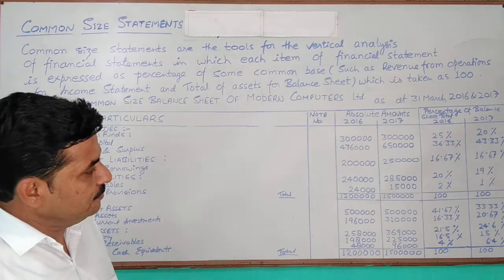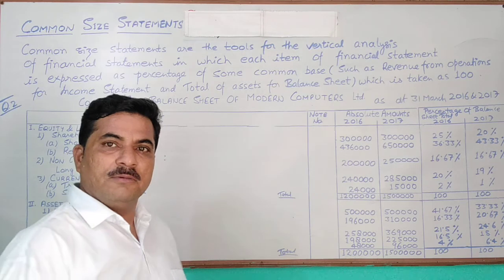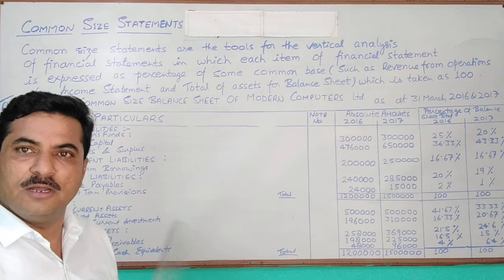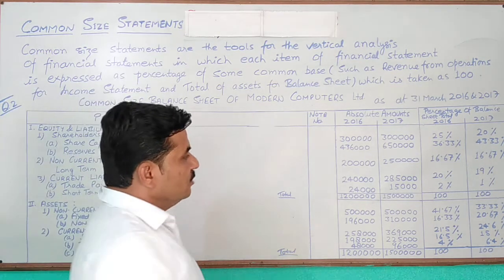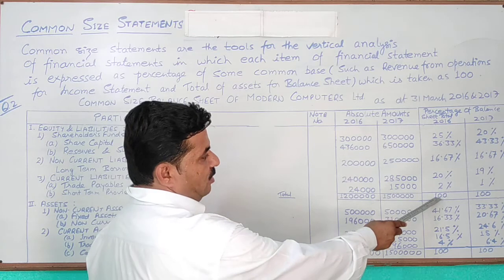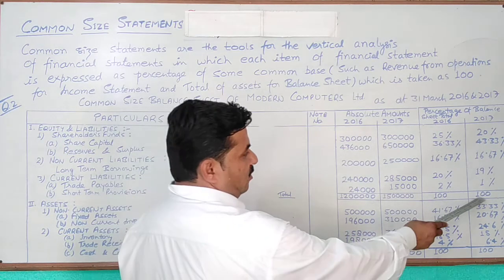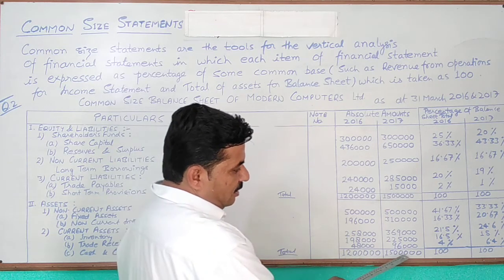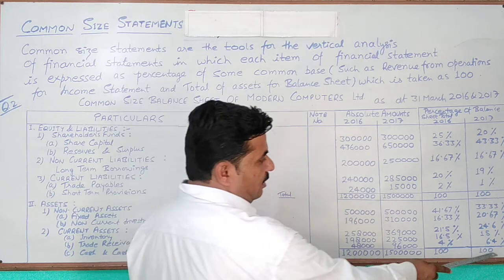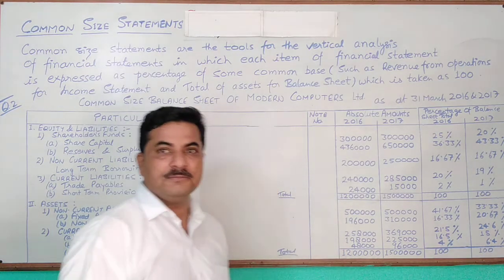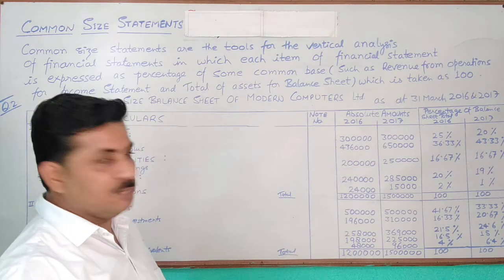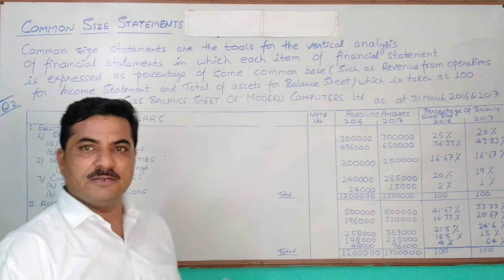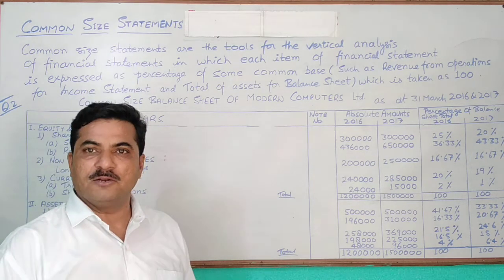तो कंपैरिजन के लिए हम हर साल के टोटल को बैलेंस शीट के 100% मानेंगे और उसी से हर चीज का कंपैरिजन करेंगे। तो इस साल का टोटल हो गया 100% इस कॉलम में, इस साल की एसेट्स का टोटल हो गया 100% इस कॉलम में। तो सभी टोटल को हमने 100% माना कंपैरिजन के लिए। And now we have to compare every item with the total of the balance sheet for the particular year.